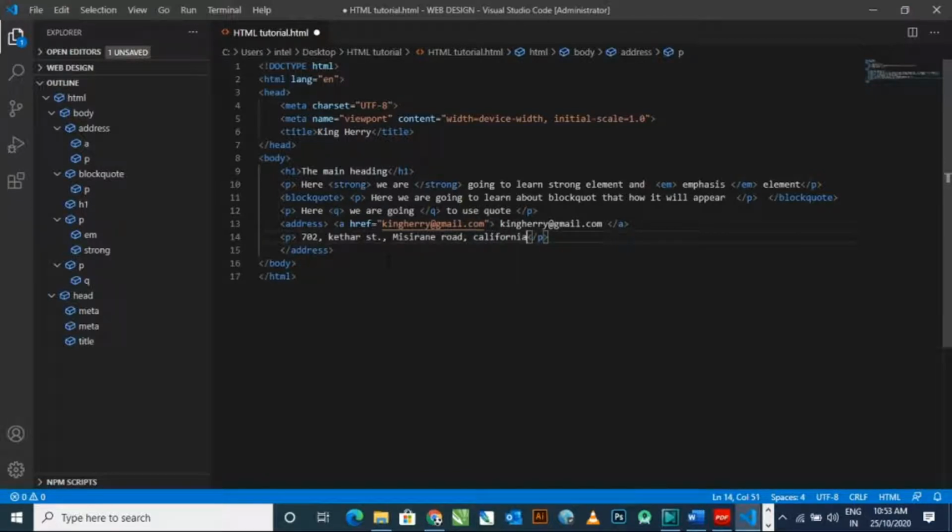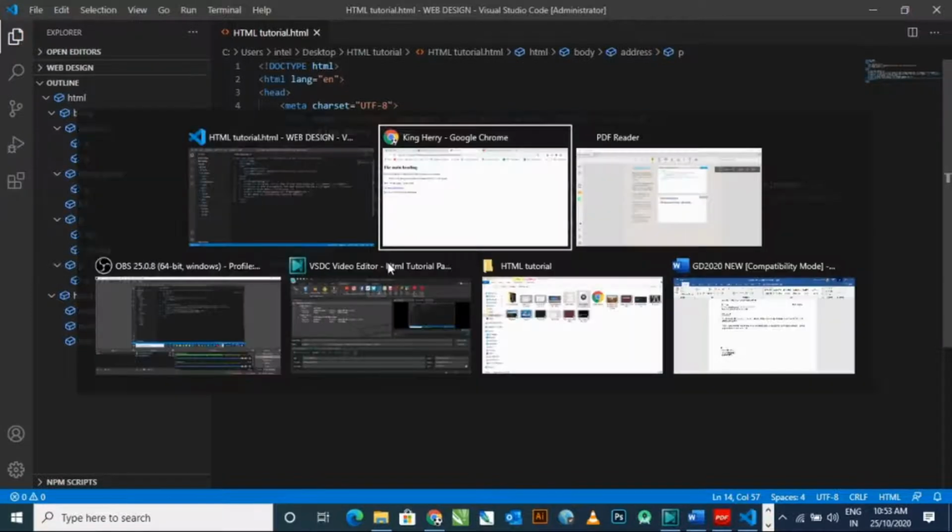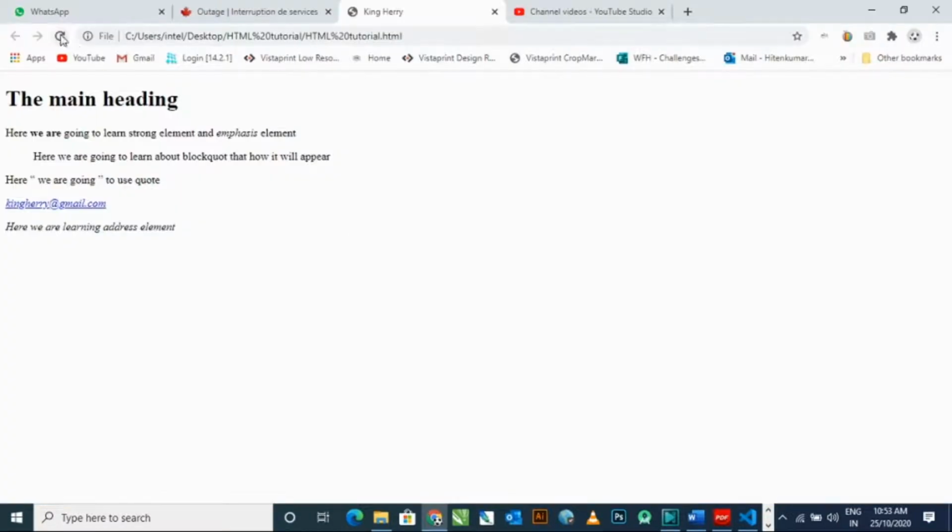This is not the correct address. Simply I'm typing to show my audience how it will present. Control S. Now I'm refreshing my page. Here you can see 702 Michigan Road, California, USA.